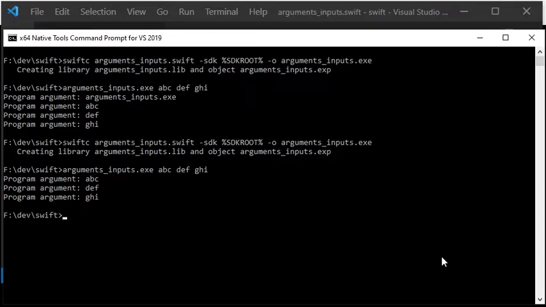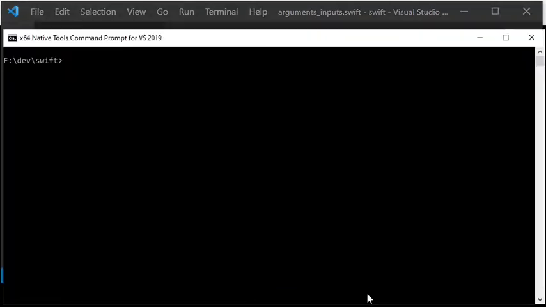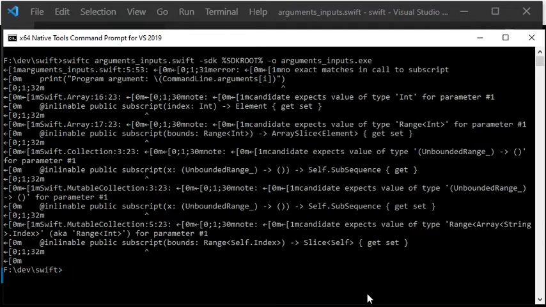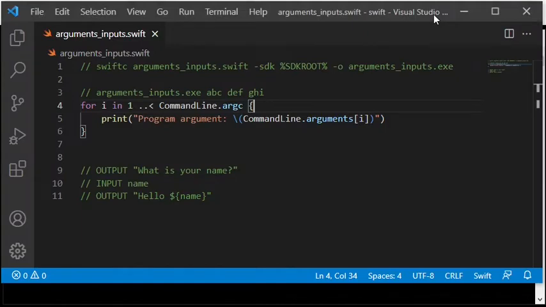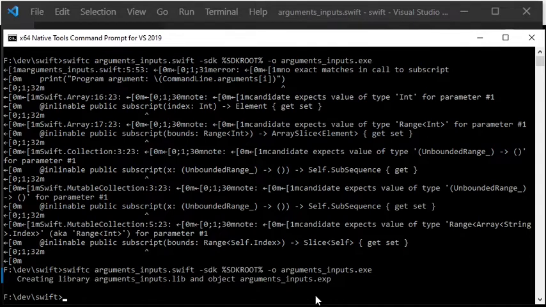If you look in the documentation for Swift, you can see that there is a static property there, CommandLine.argc, of the type Int32. And a reasonable assumption would be that you could use it instead of using CommandLine.arguments.count, so therefore I am now trying to do that. But when I compile, an error message is displayed that requires the type to be Int. Therefore, I changed the code by converting CommandLine.argc to an Int. When I then compile again, it works without any error message.